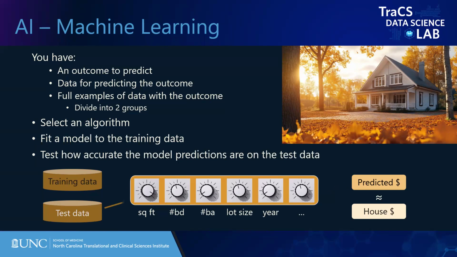And then with the test data, we can ask the question, now that we've trained the model, which is that we've set all the knobs, we're not going to adjust them anymore. How good or how accurate are its predictions on a different set of examples that the model wasn't trained on? And we call this generalization. So just because a model can predict its specific training examples well, that doesn't necessarily mean it will make good predictions on new data.